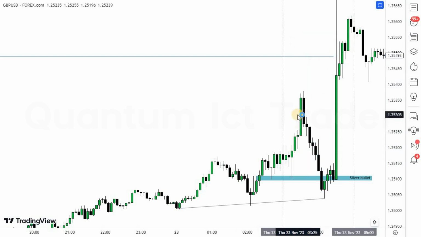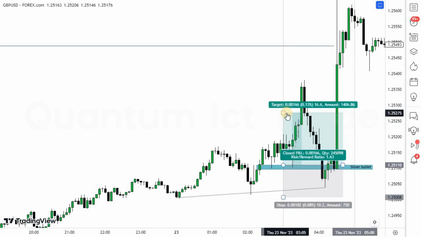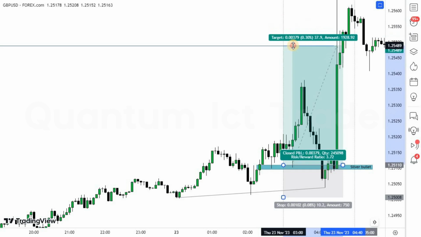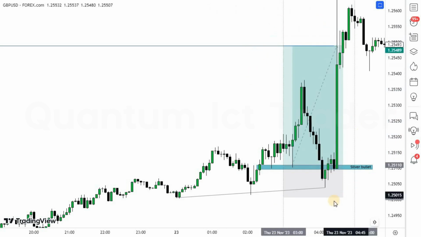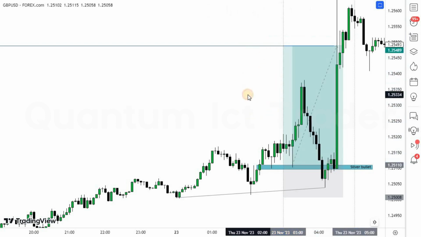Don't worry about your stop loss. It won't stop you out, because in most scenarios when you have a draw on liquidity like this, or a clean bias like this, and on this particular day it was bullish, don't worry about the stop loss being hit on the stronger pair. It won't stop you out. Your stop loss was right down here, and the final target was the buy side liquidity, and you could see how beautifully price took that buy side here.